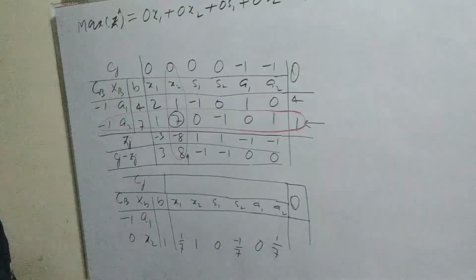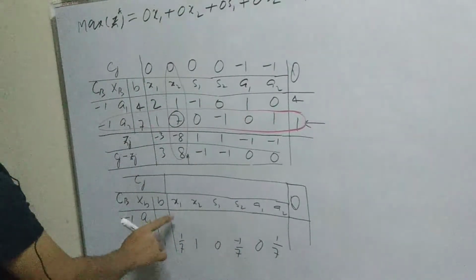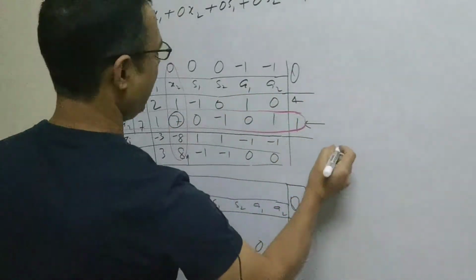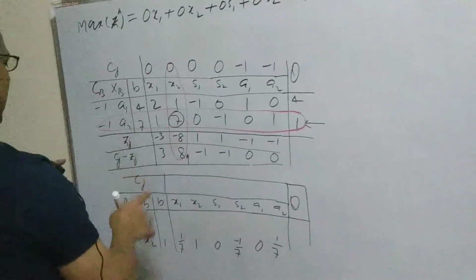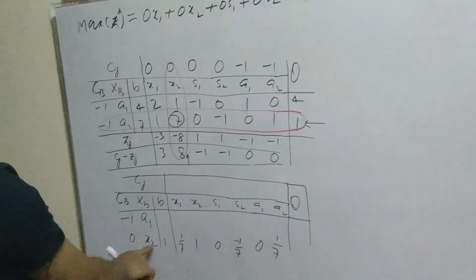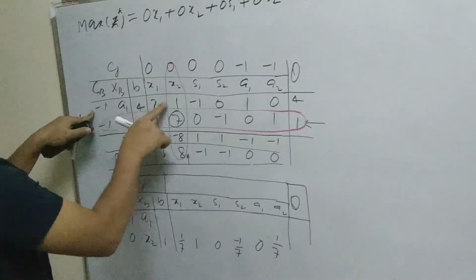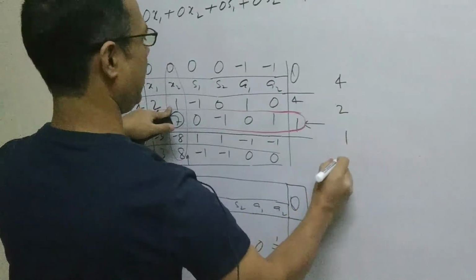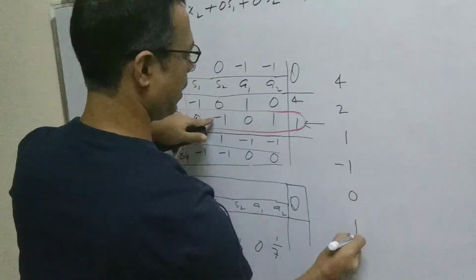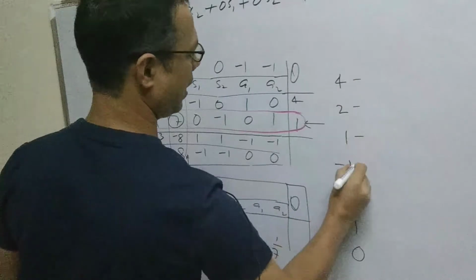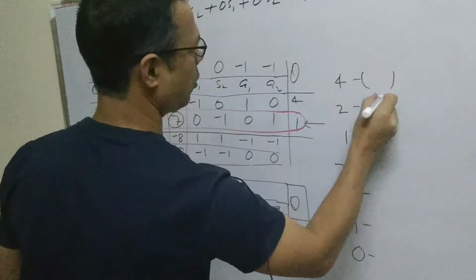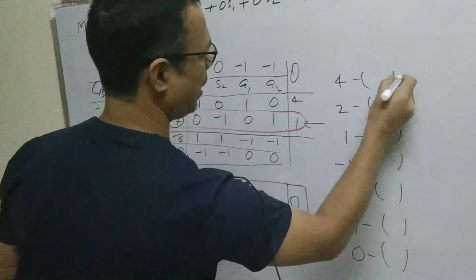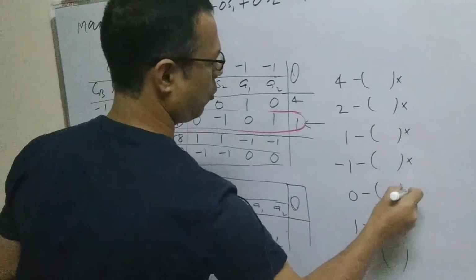Now we have got this particular row's values. To get this value is very simple, because I have already introduced it in many videos: just take its respective old values. So it's x2 here, and we are going to make the changes in a1. The old values of a1 are already given here: 4, 2, 1, minus 1, 0, 1, 0. Put a negative sign here and take a constant value. What value is going to be considered as the constant value? Just put it here and multiply with the new table values.